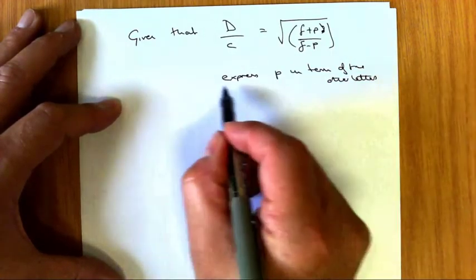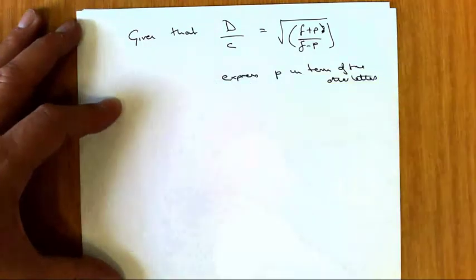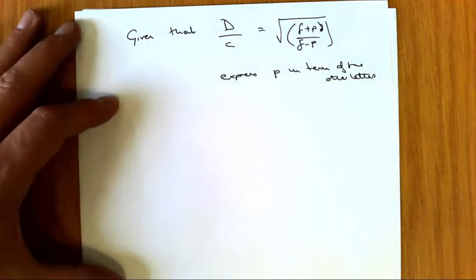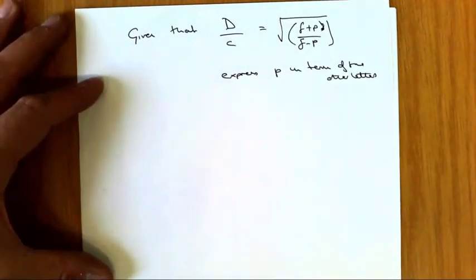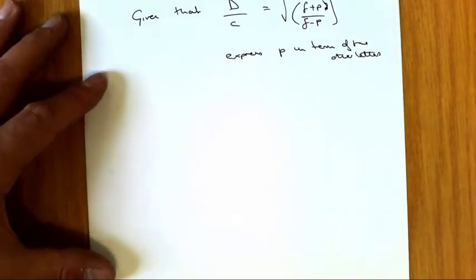So basically this phrase here means that we want p as the subject. We want p on its own on one of the sides. Now, looking at this equation,